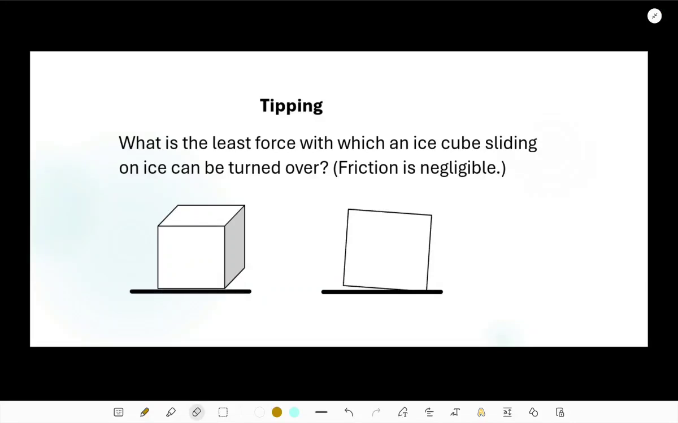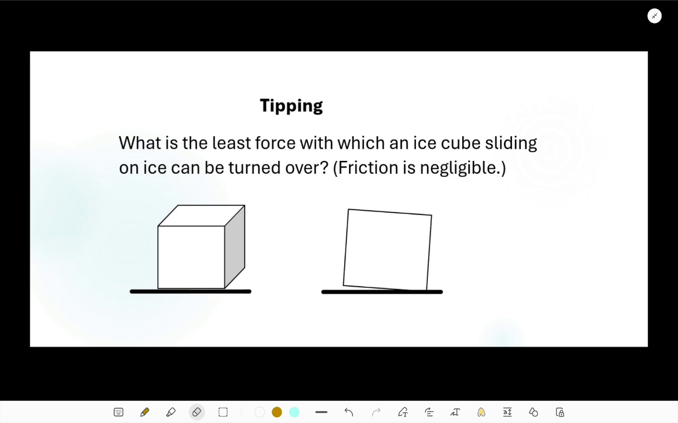Welcome to a new problem solving session. We are continuing the playlist IIT JEE preparation, and we are working on rigid body rotation dynamics. So this is yet another problem, and this is related to tipping or toppling,